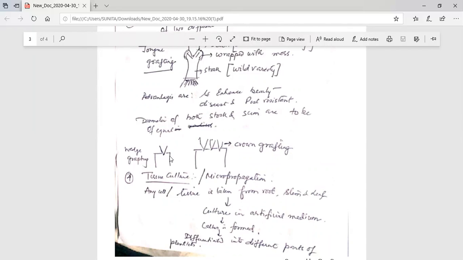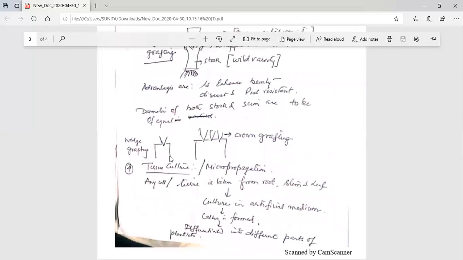Last but not the least of this chapter is tissue culture. Tissue culture means what? When a tissue or a cell is scraped out from a leaf, root or stem, it is grown in an artificial nutrient medium, and that helps in the formation of callus. Callus is a mass of undifferentiated cells, and then we add nutrients and phytohormones which initiate the growth of root, stem and leaf, and it turns into a plantlet. Then those plantlets are sent for commercialization.